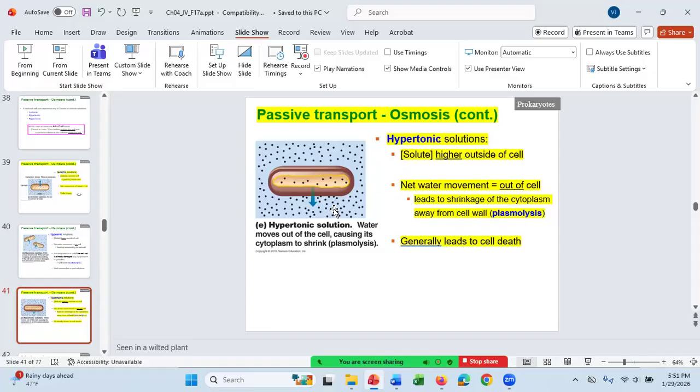And the two things which allow the cell to live in a hypertonic solution are if the cell has an endospore or the cell has a lot of mycolic acid, like Mycobacterium falling into a bottle of molasses. That Mycobacterium can survive in the bottle of molasses for a long time. It will not reproduce, but it can survive. I don't know how long it can survive, but it can survive a lot longer than E. coli, for example. Any question about any of that?